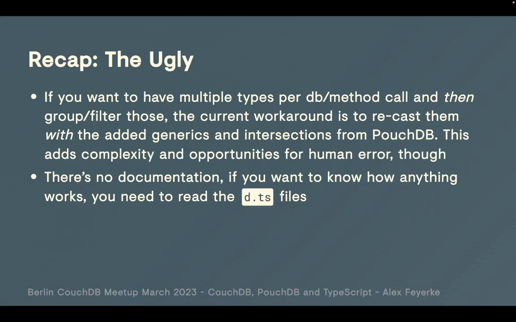And the ugly, if you want to have multiple types per DB method and then you just must group or filter those, the current workaround is to recast them with the added generics, and that looks messy and adds complexity and opportunities for human error, so I'm not a fan. In an emergency, I'd probably do it anyway, but I wouldn't feel good about it. And yeah, there's no real documentation, so if you want to know how anything works, you need to read the d.ts files. Which is definitely a point where this experience can be improved. But yeah, all in all,